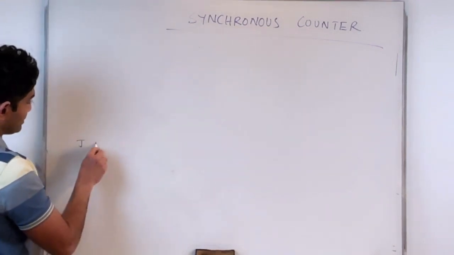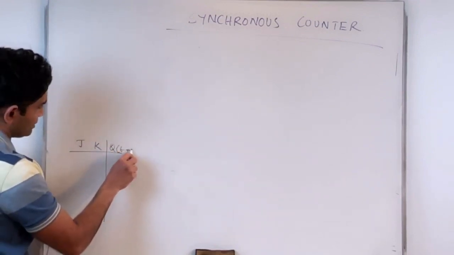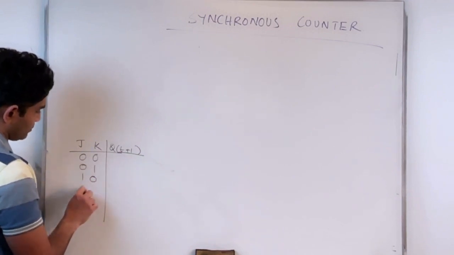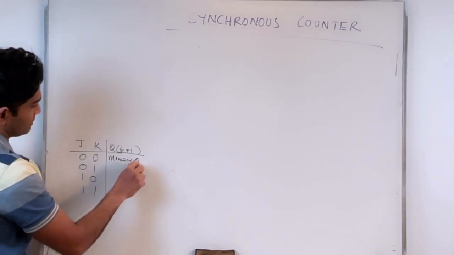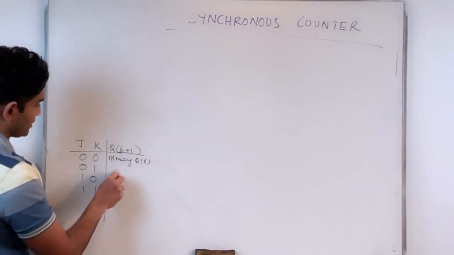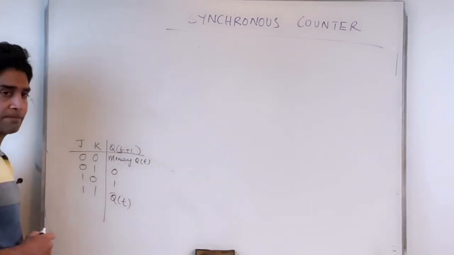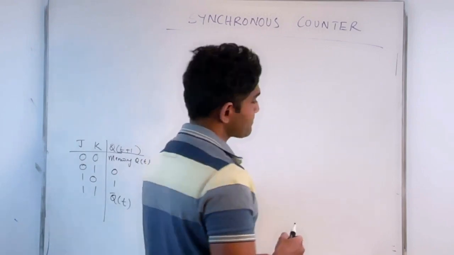So you have J, K, Q(T+1): 0, 0, 0; 1, 1, 0, 1, 1. That's memory, or Q of T. That's 0, 1, Q prime of T, or toggle state. Okay, so this is what we had, and let's design a